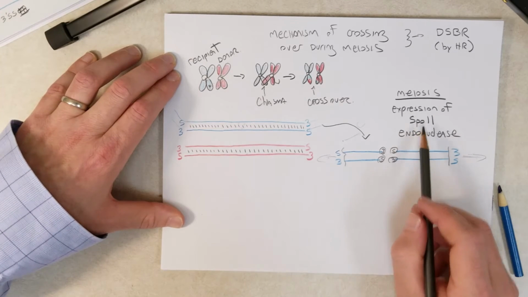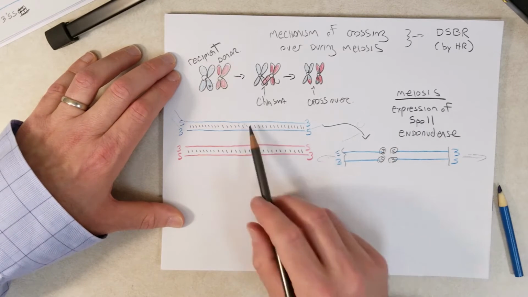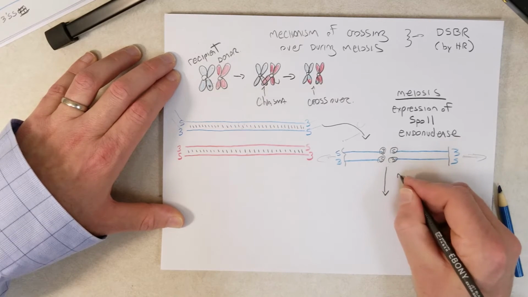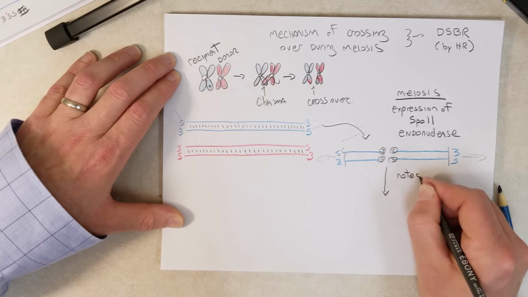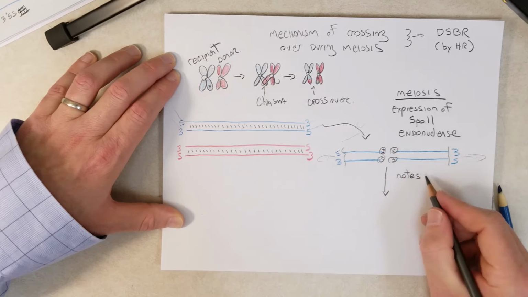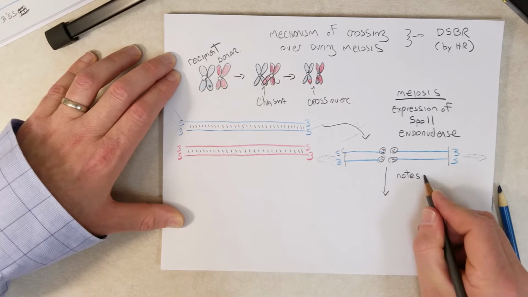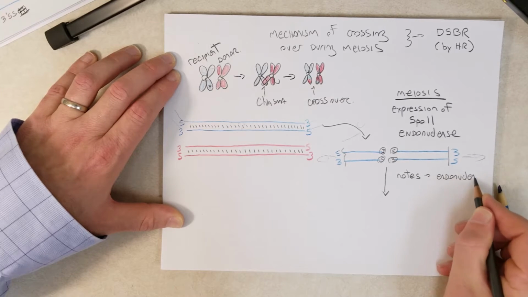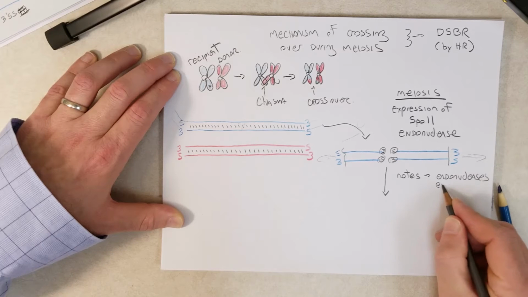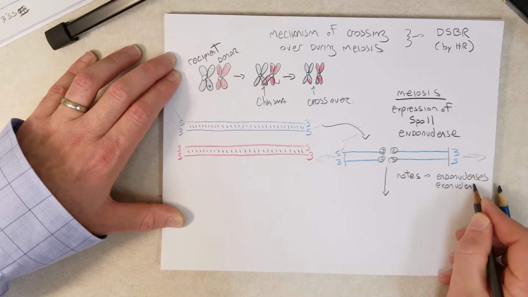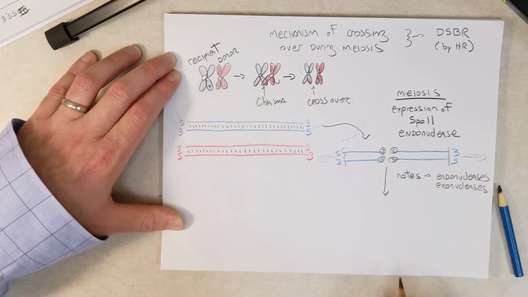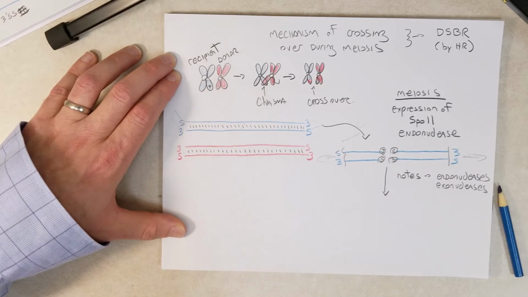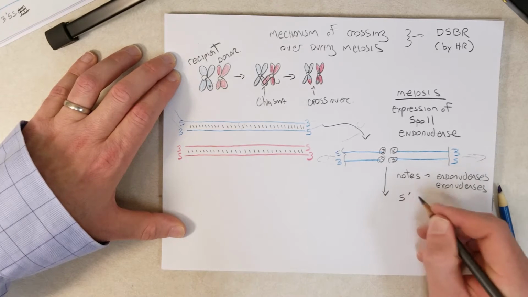Okay, SPO11 put the double-strand break into this molecule. If you look at the notes, there's a little more information about what happens next. There are some advanced details about how some endonucleases, other than SPO11, and exonucleases process the ends. But the important thing to know is that the next step after SPO11 causes the double-strand break is called 5'